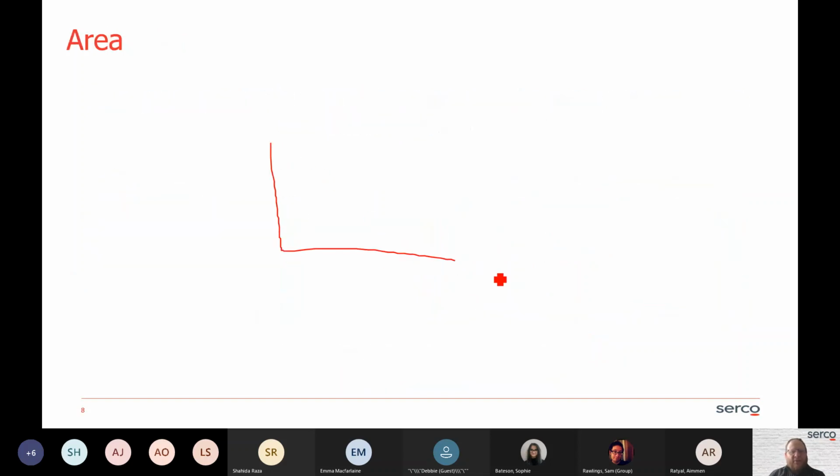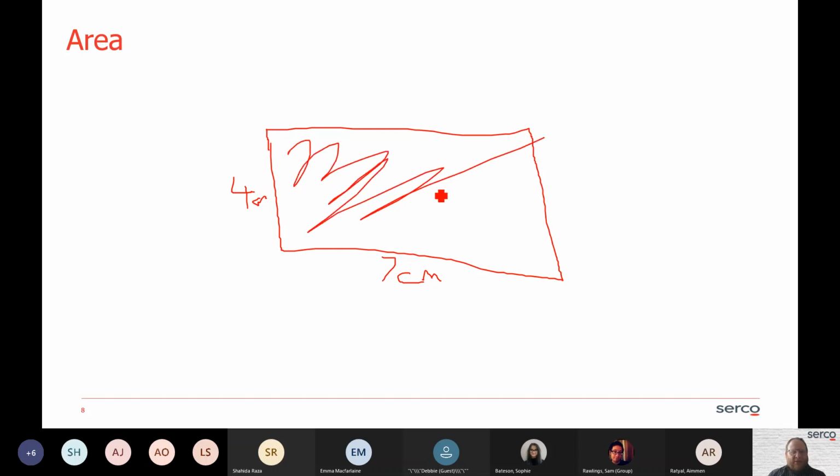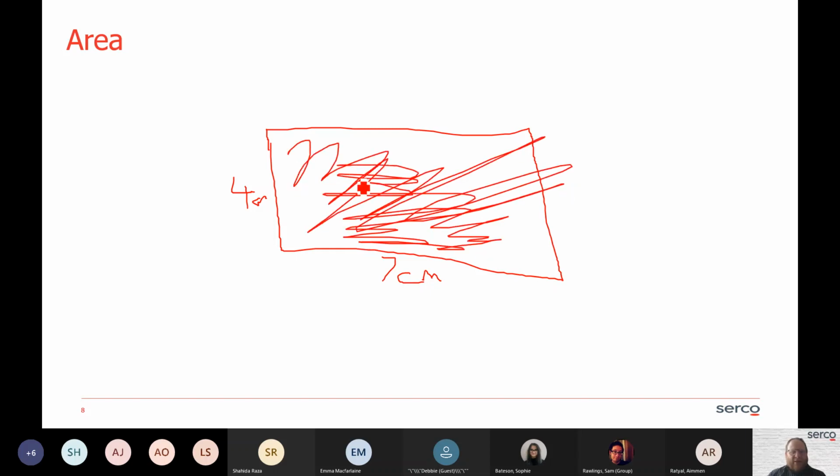So let's think of a similar kind of shape. Well, that's not very square. That's meant to be a rectangle, but it's a bit of a skewy rectangle, but never mind. So if this was 4 centimeters and this was 7 centimeters, what if I'm working out the area? Where is the area of a square or rectangle? What part of it am I looking at? Brilliant. Straight away we said perimeter was around the outside, so area is our bit in the middle,